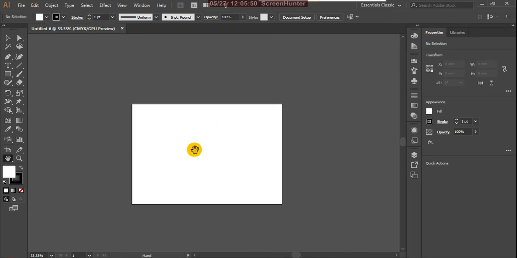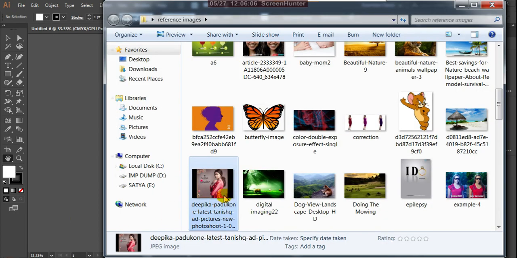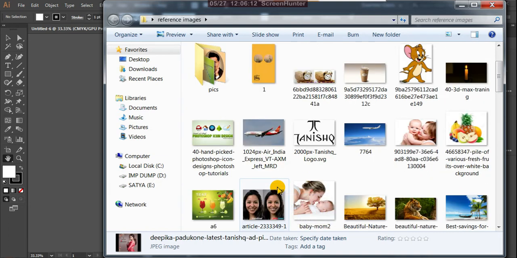Okay, and suppose here the other tool is print tiling. So print tiling is basically to decide your print area. This will help. To decide your print areas, we use that.